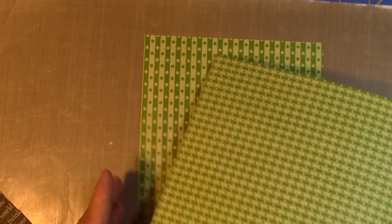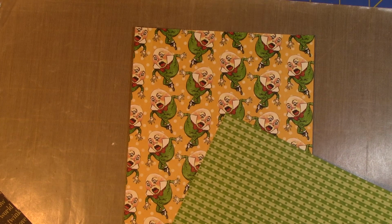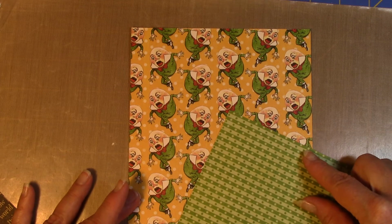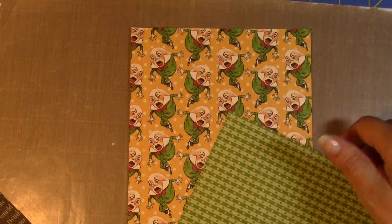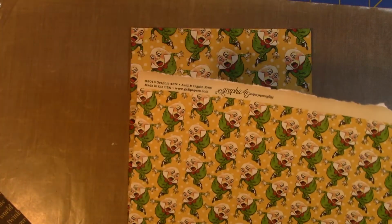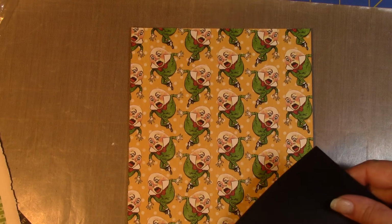Okay, so here we go. So I've got my 8x8, and I'm thinking, you know what might be cutest if I did it like that and then folded the triangle that way. The only thing is I wouldn't want to use this paper to do that. But that would be stinking cute. I wonder if I did this,